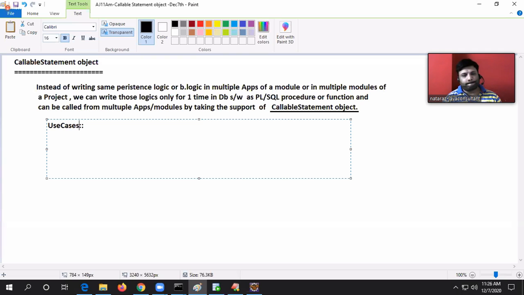Yeah, that's one example. Another example. In distance education, attendance calculation is required. In part-time studies, attendance calculation is required. In regular academics, attendance calculation is required. In every department, attendance calculation is required, right? Instead of writing attendance calculation logic in every module separately, write it only one time